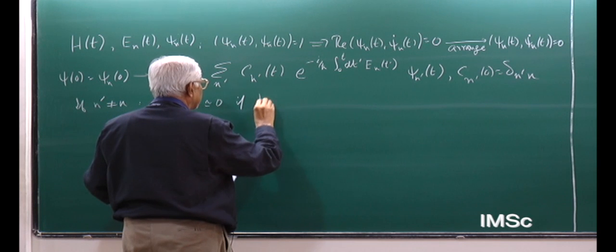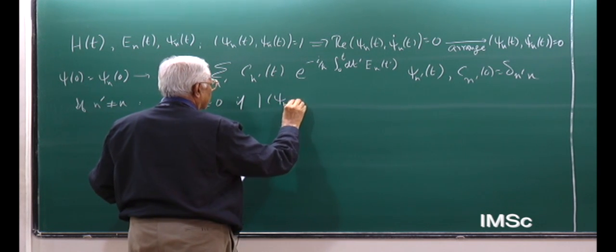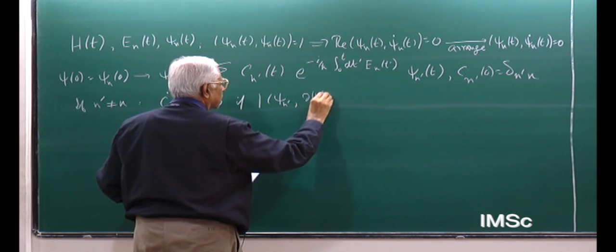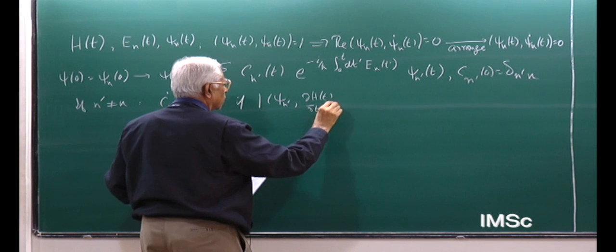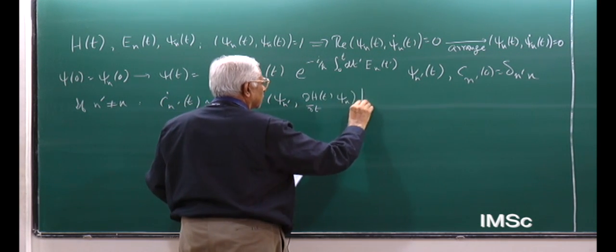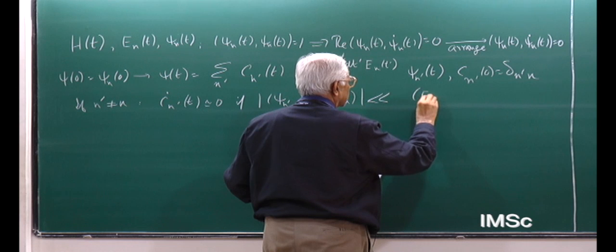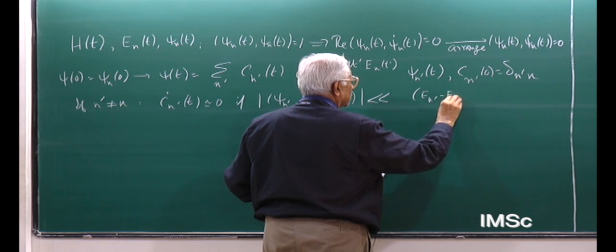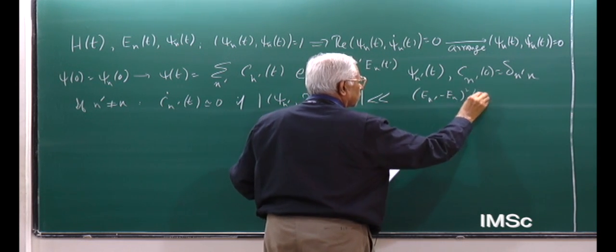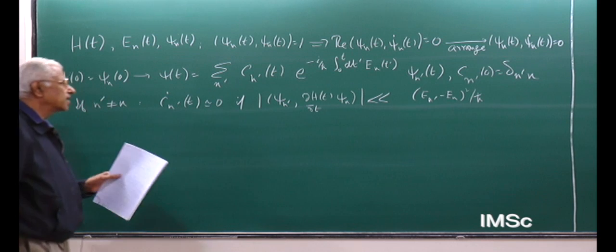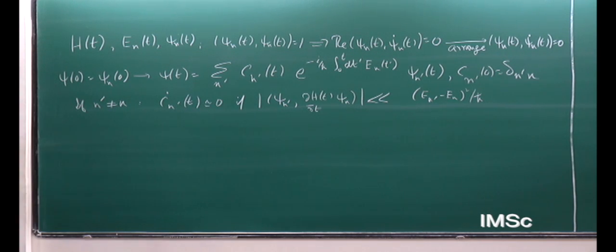If a certain condition on the matrix elements of dH by dt is obeyed, if this condition is satisfied, I wrote it yesterday in a slightly different form, but this is the same thing,